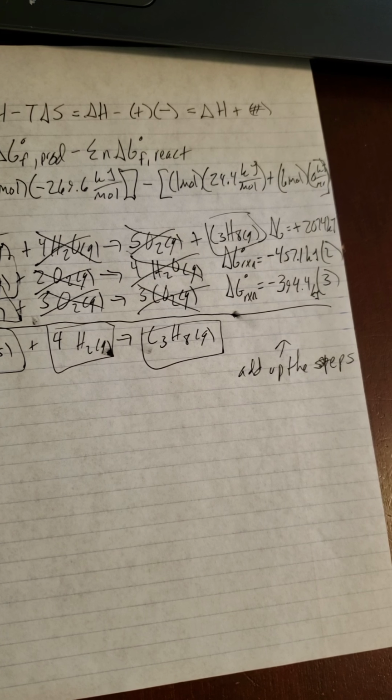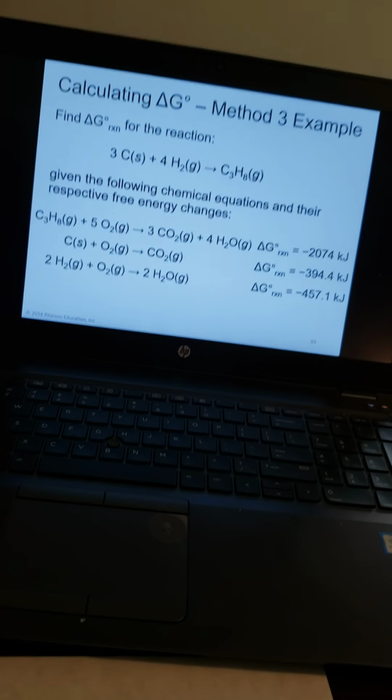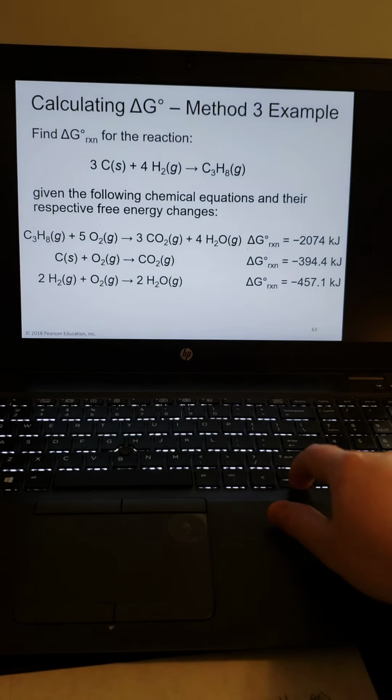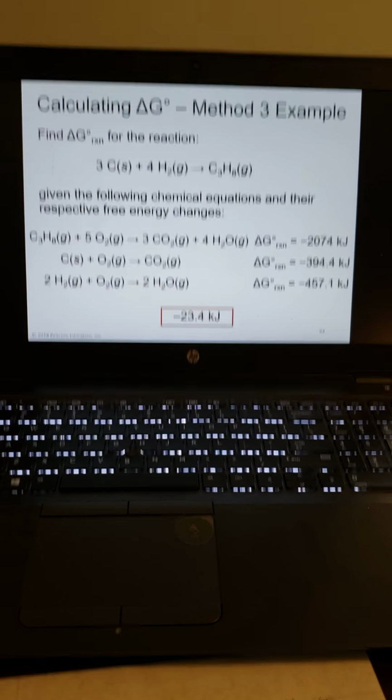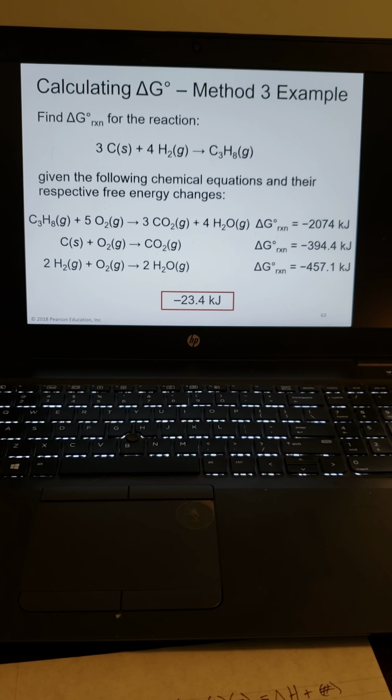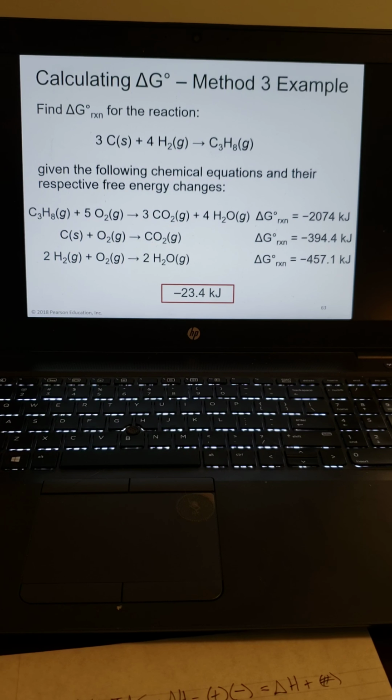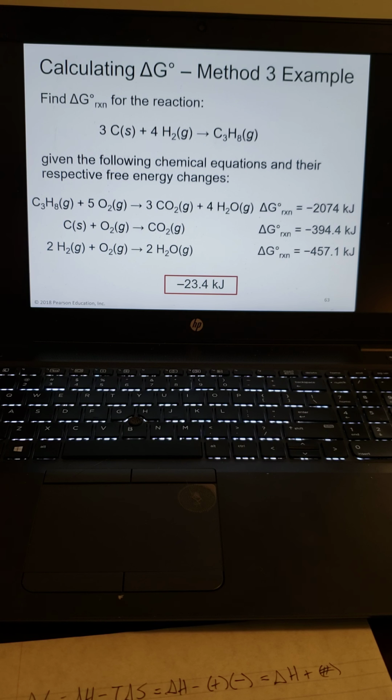And we get negative 23.4 kilojoules, which means overall this reaction is exothermic. Overall, this reaction is spontaneous in the production of propane,